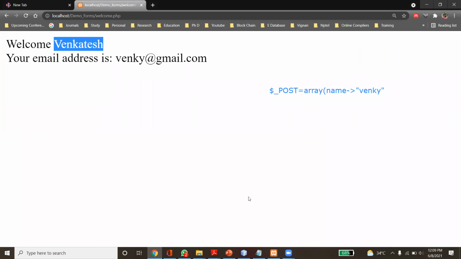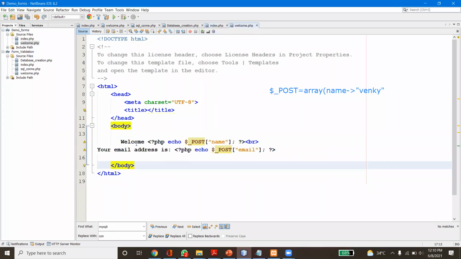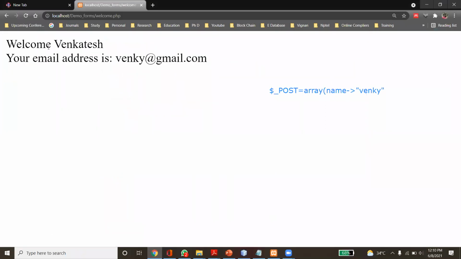What are we printing with echo? In the welcome page, welcome PHP echo. This echo is going to print the name that was entered. Then your email ID is, colon. By using the echo function we are printing this. So if you observe here, welcome, whatever name we are giving, your email address is so and so, whatever email ID we are giving.